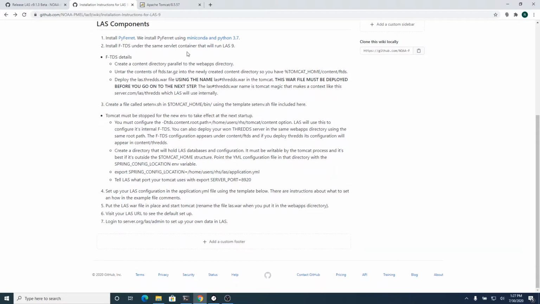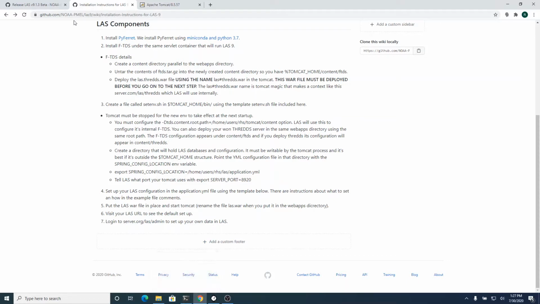So the first thing we have to install ourselves is the Ferret Threads data server, which is a computation engine that sits behind LAS that does averages and regridding and things on behalf of LAS. It's just a threads server. You can install your own threads server to serve data in parallel alongside this in the same Tomcat container. It doesn't interfere with anything, and we won't mess with your threads server from LAS.